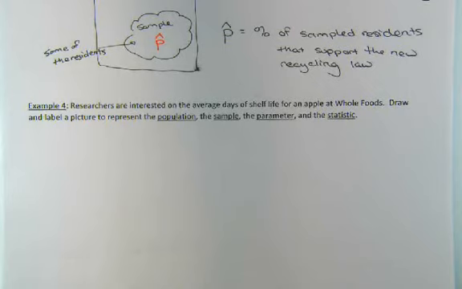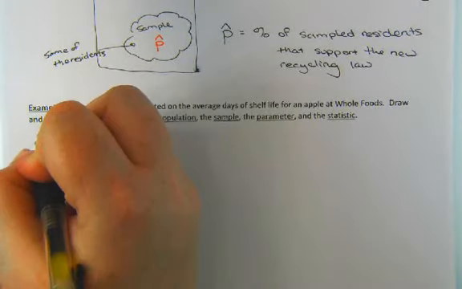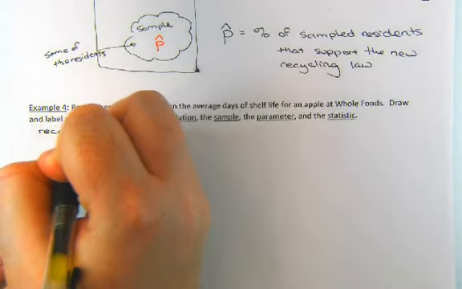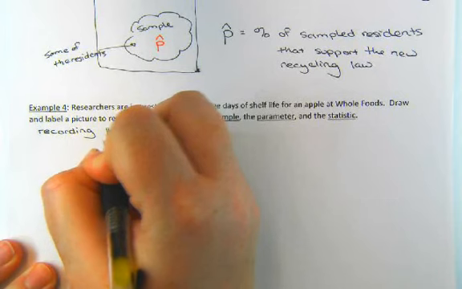With this one down below, where we're looking at the average days of shelf life for an apple at Whole Foods, if we, again, put ourselves in the shoes of the researchers and what we're recording, this would be like if we visit Whole Foods each day, have some apples that we're kind of monitoring, and as soon as an apple would go bad, that's when we'd write down the number of days that it lasted on the shelf there. So what we'd actually be writing down is we'd be recording the number of days,